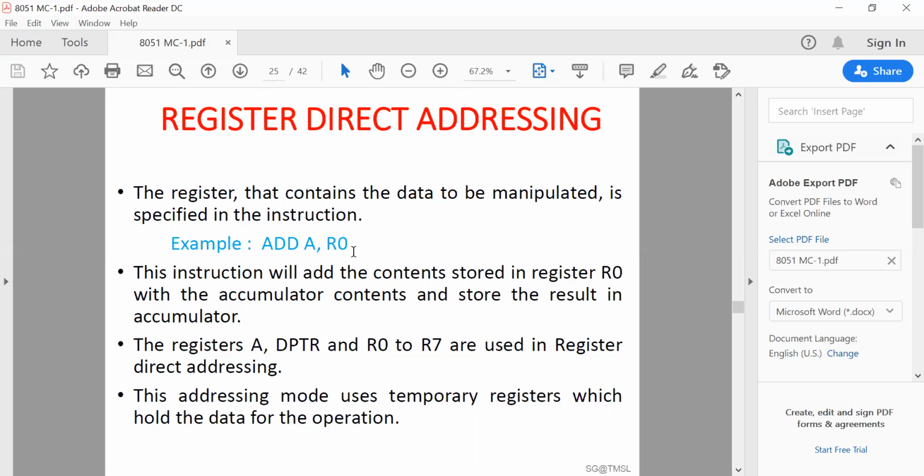For register bank 0, it has 8 registers from R0 to R7. Register bank 1 again has R0 to R7, and so do register banks 2 and 3. So in total you have 32 registers.